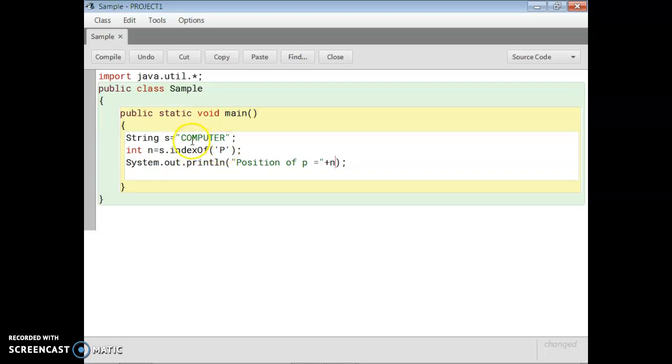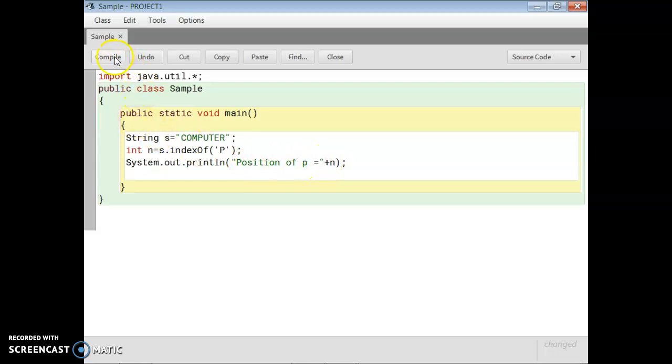Here we find out the position of p, which is 0, 1, 2, 3. Always start counting from 0. Only in the case of length do we start counting from 1. So 3 is returned here and 3 is printed over here.